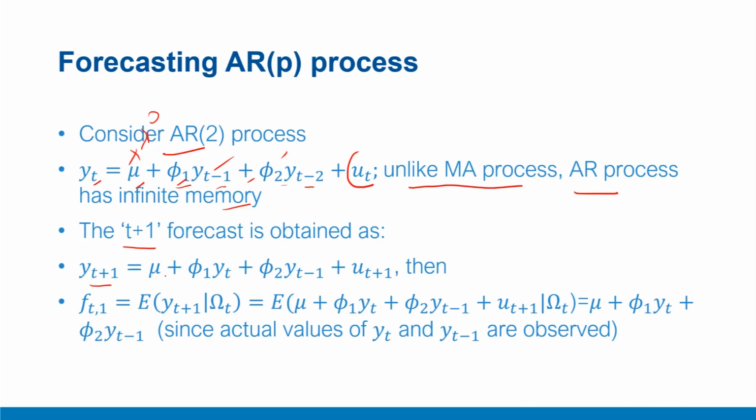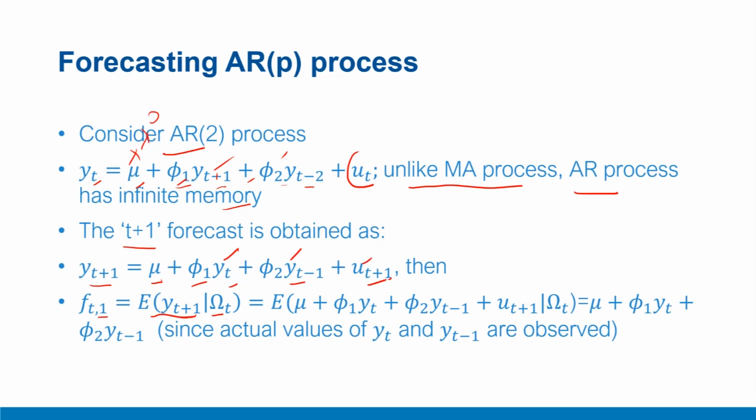So the forecast at t plus 1 would be the constant term plus phi1, and we'll add 1 to each of these subscripts. So here we have mu, yt, yt minus 1, and then epsilon t plus 1, which is the white noise error. In this case, when we are computing the forecast for 1 step ahead by taking the conditional expectation of yt plus 1 given information available up till time t, please recall that up till time t we have yt and yt minus 1 already observed. So we'll not be taking their expectation but actual values, because they can be observed.